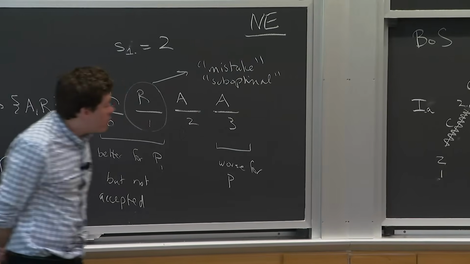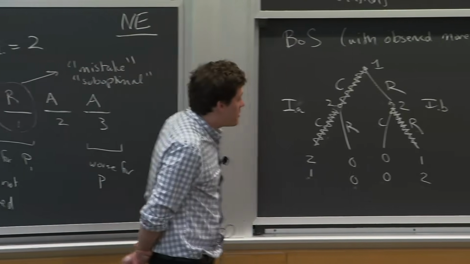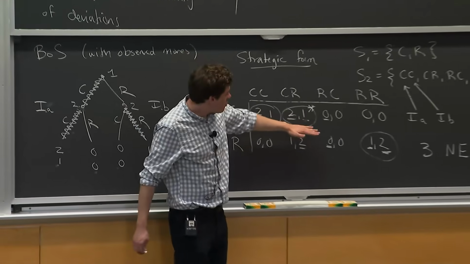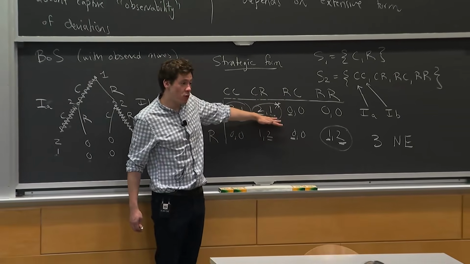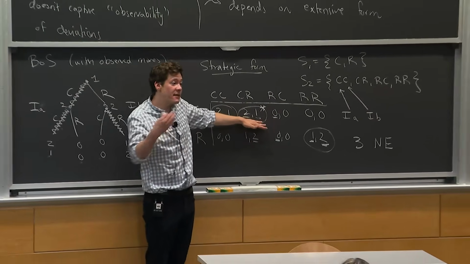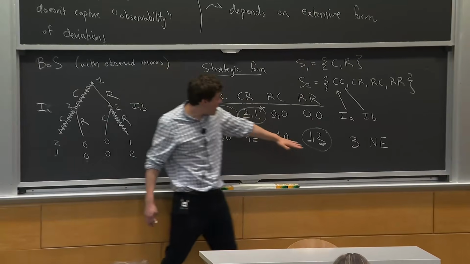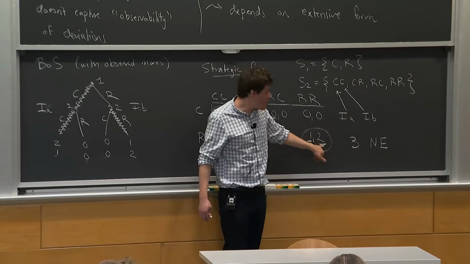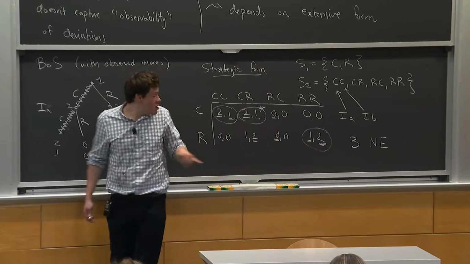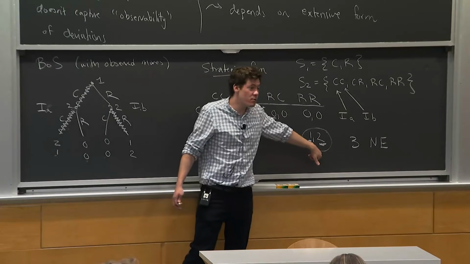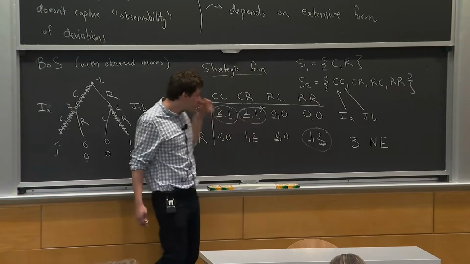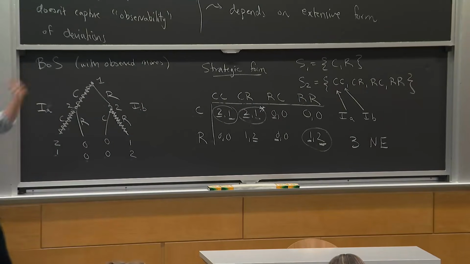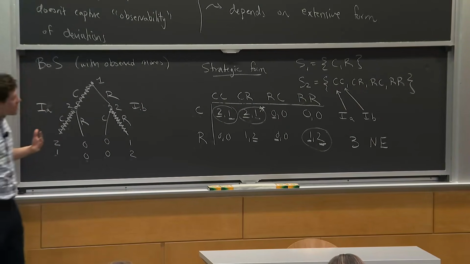Right, so maybe what you're getting at is, let's look at player 1's payoffs in these equilibria. So we have this equilibrium 2-1, an equilibrium that gives the payoffs 2 and 1. And we have another Nash equilibrium that gives the payoffs 1, 2. So you might say, if you're player 2, you do better in this equilibrium than this equilibrium. And indeed, this gets at a central issue, another way of thinking about backward induction,